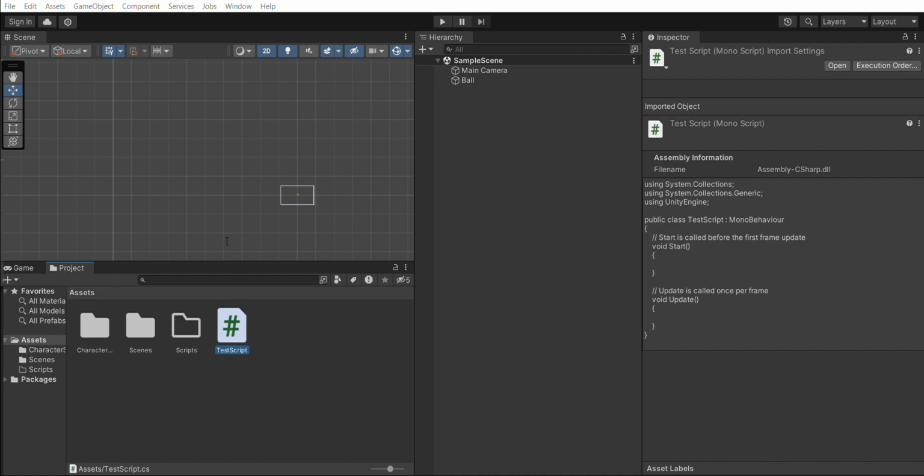And Update is called continuously. So the code you put in the Update function will continuously run, while the code in the Start function will only run once. So let me give you an example. Let's say